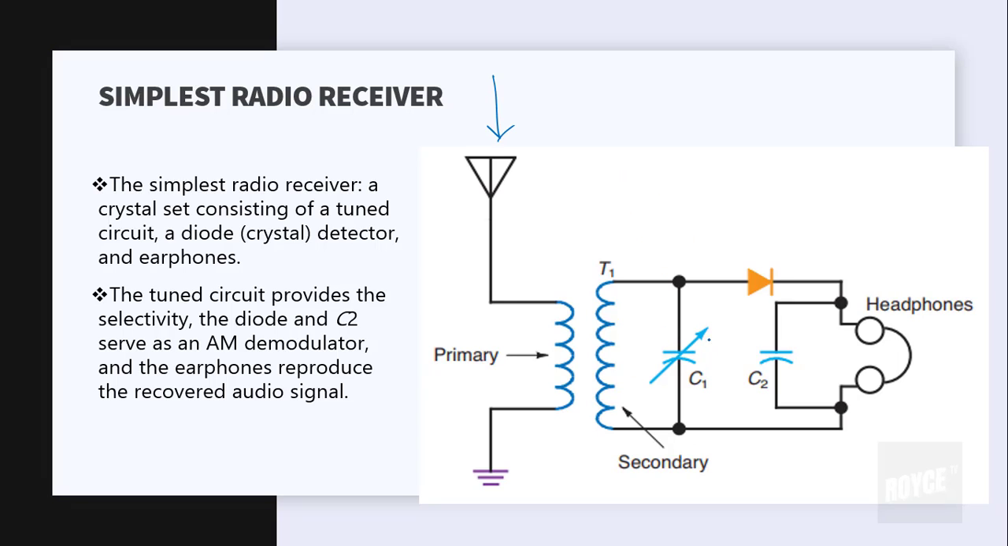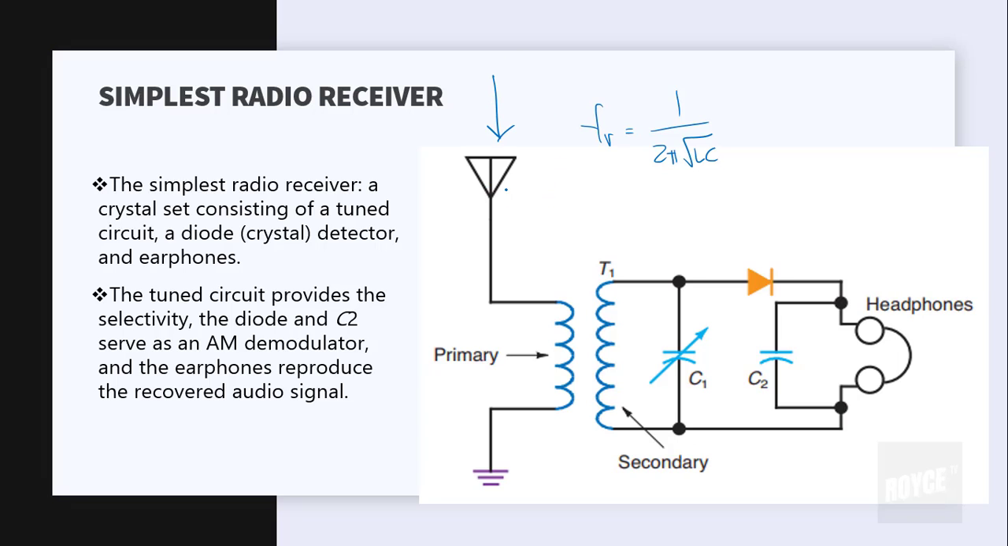Now, as you can see, C1 here is a variable capacitor, meaning we can vary the resonant frequency of this tuned circuit. We know that the resonant frequency is equal to 1 over 2 pi square root of the inductance times the capacitance. By varying the value of the capacitance, we are effectively varying the value of the resonant frequency. Now,